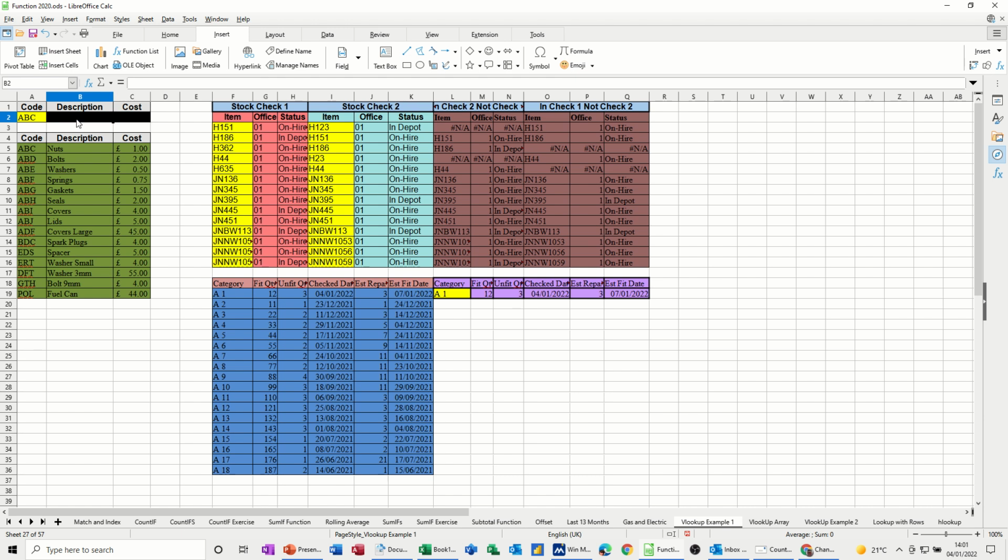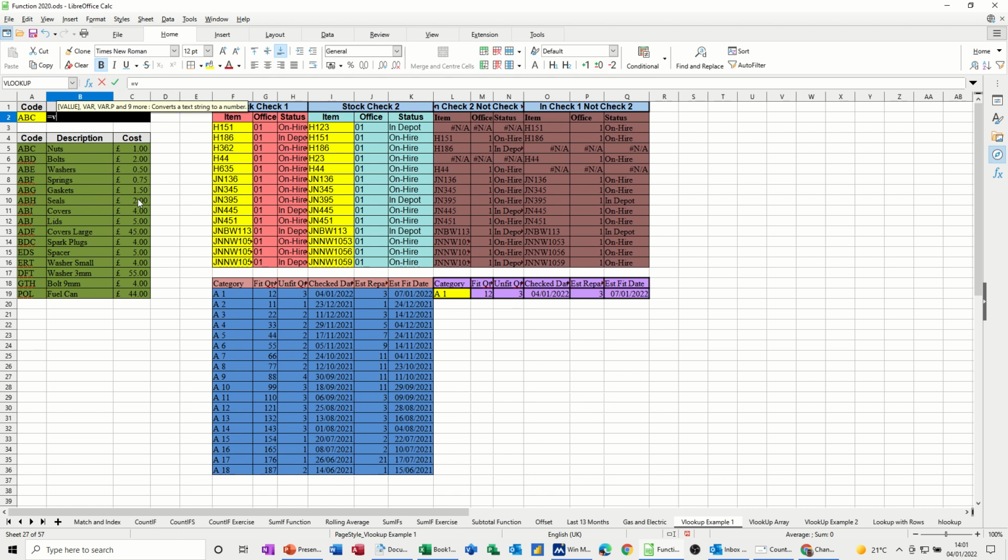So you start off with equals VLOOKUP, open the bracket, and now it wants the search criteria. The search criteria is this cell. You could put the actual search criteria in the formula itself up here, but I'm just going to click on that cell. Now it's said A2. Now I want to use the name, so I've called that input code. Input, get rid of the A. So input code,